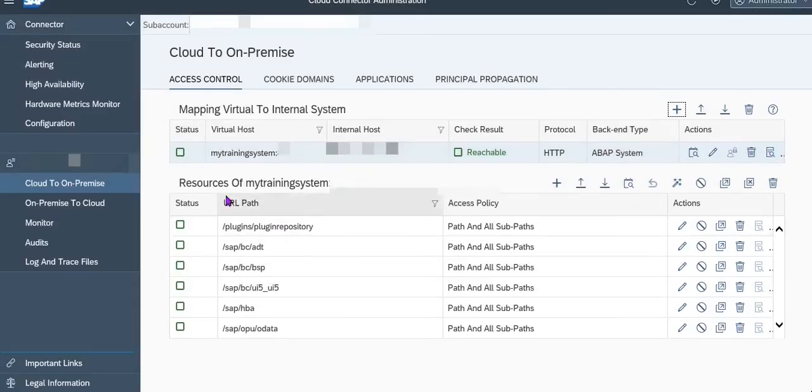After that, one important thing you have to make a note of is that once you add the system, you still won't be able to see the result as reachable. The very important thing is that you add all the relevant resources that are needed to connect, or that will actually be utilized from the cloud to on-premise. So basically, you end up using all these services